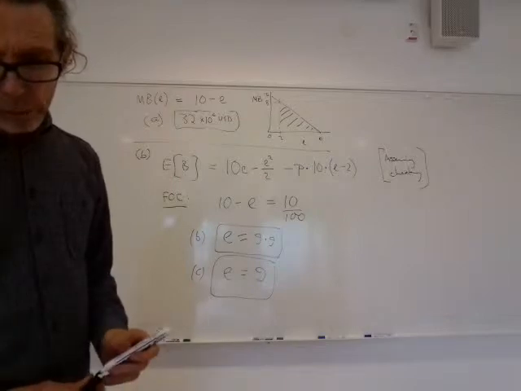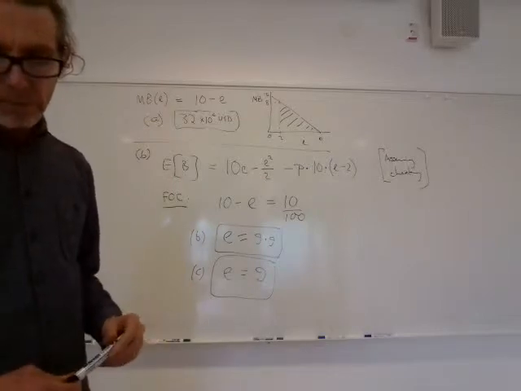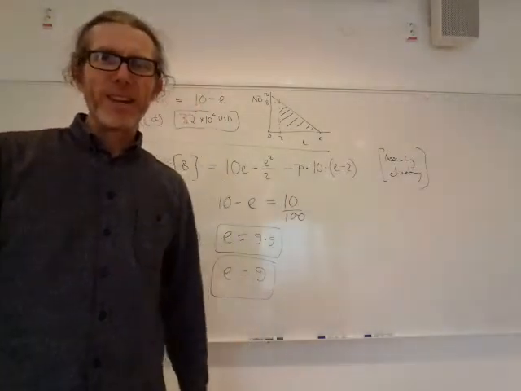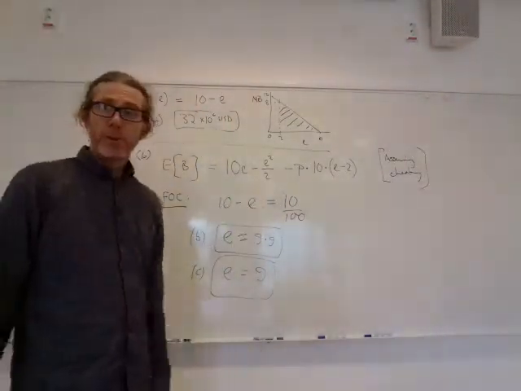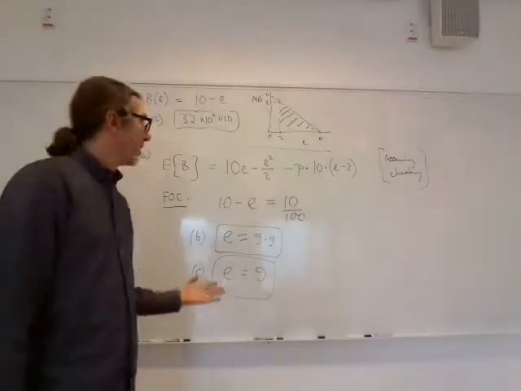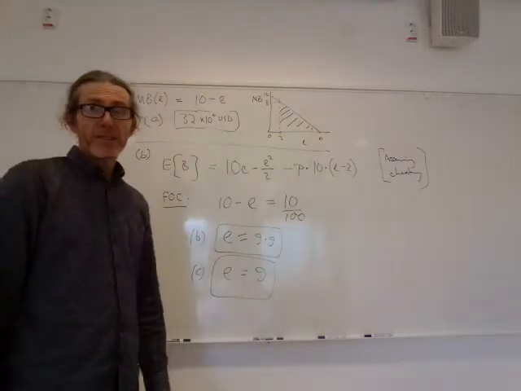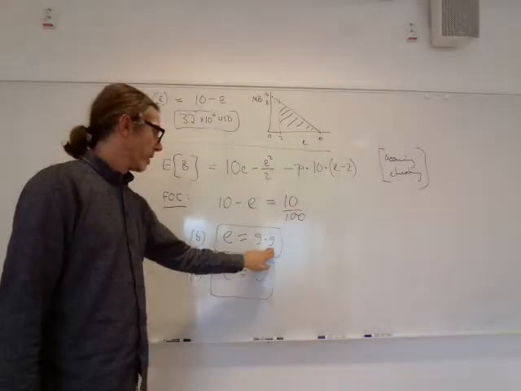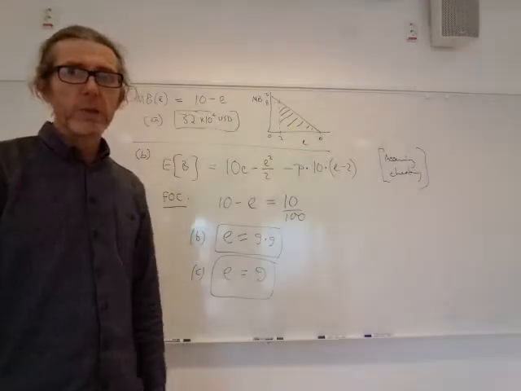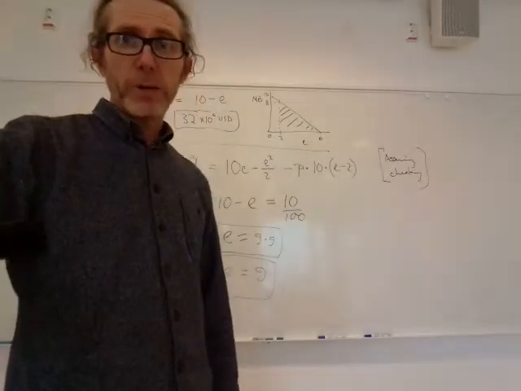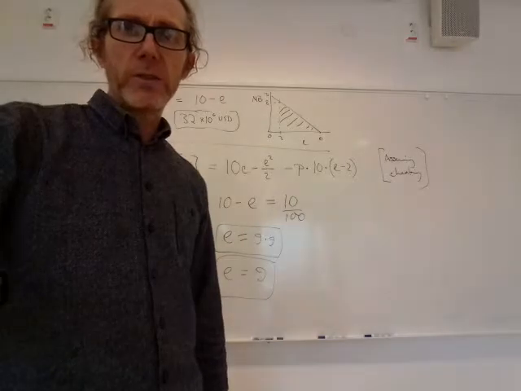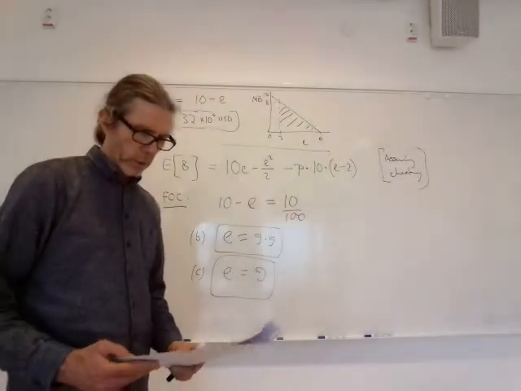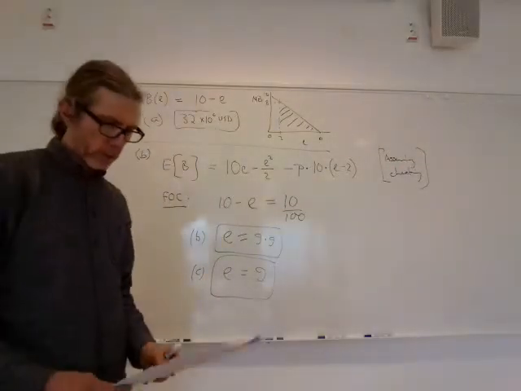So what's the problem here? Let me have a think about that. Well, actually, we don't know if there's a problem or not, do we? Because we don't know what optimal abatement is. So maybe this is optimal. We really don't know. So we need to do a bit more work. I guess that's going to be in the next part of the question, but all we've got to do is part D, which says